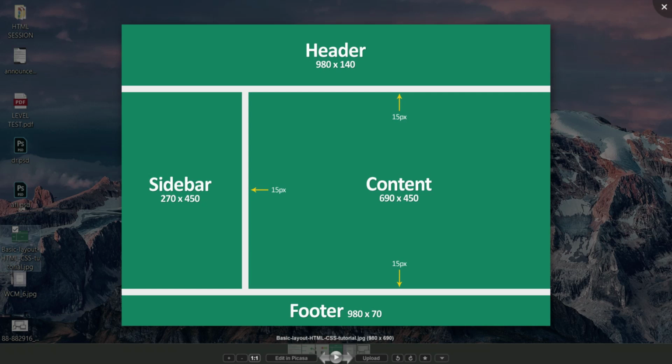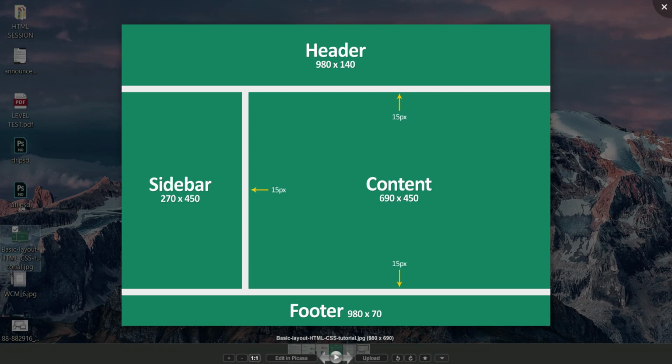You can set its height to 300 pixels. Then you have to create a sidebar and content, which will come in a nested div. Remember the parent-child relation. The master div is the parent div, and within it you have to take two children, sidebar and content, and the third one is the footer.